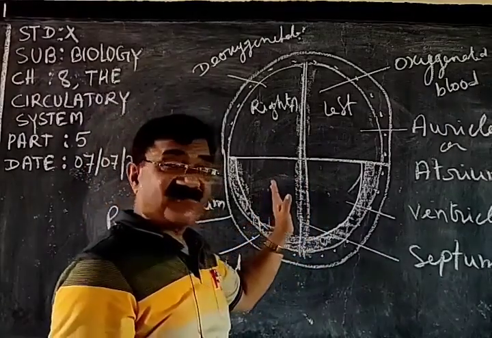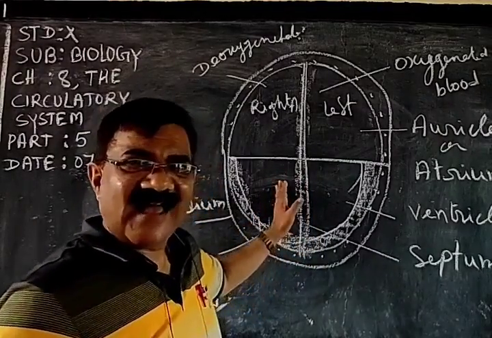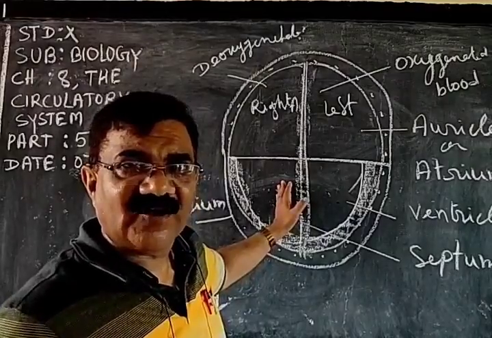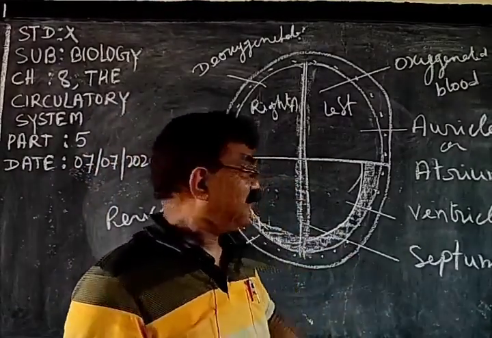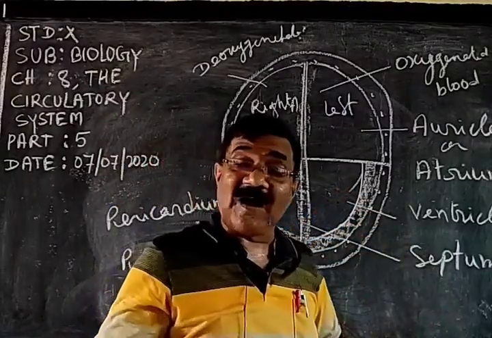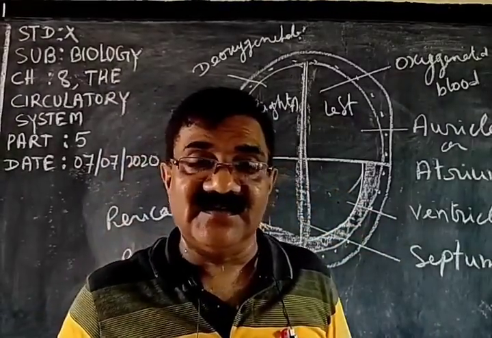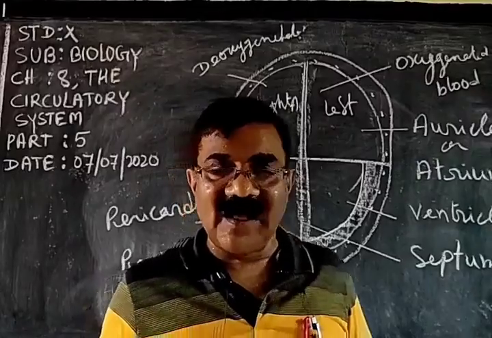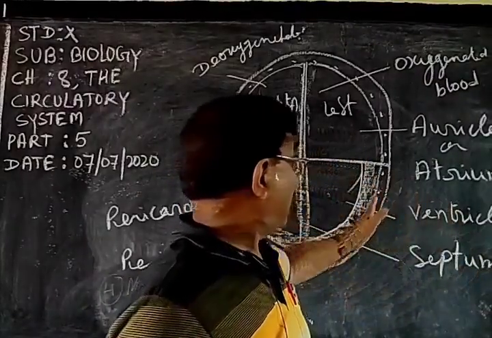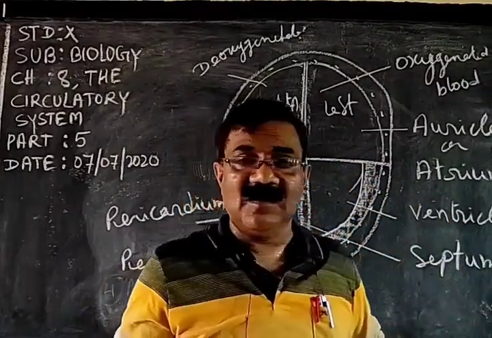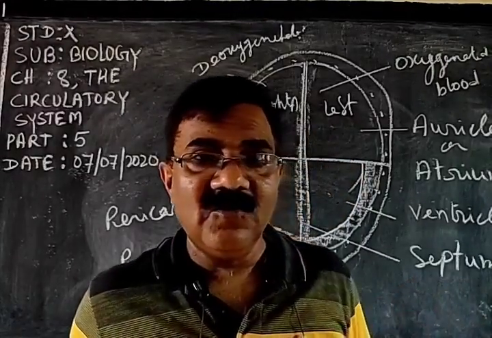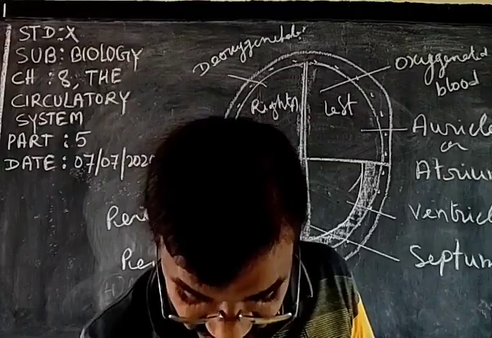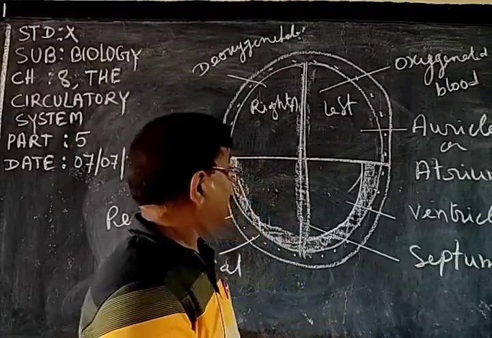The right ventricle pumps the blood to the lungs, and the lungs are the nearest organ to the heart. So the lungs are close to the heart, but as far as the toe and brain are concerned, they are far from the heart. So the left side has thicker walls to tolerate that high pressure. So this part is clear.